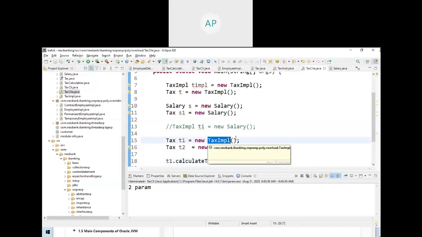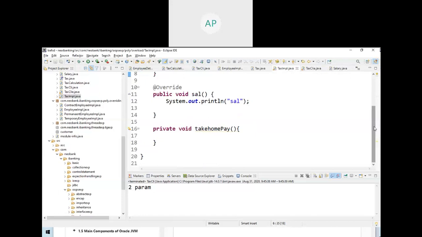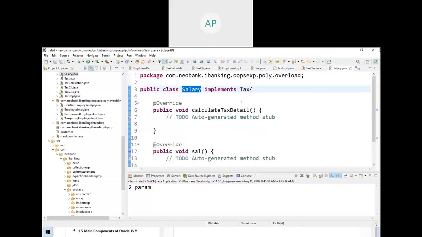Tax detail. This one points to TaxImpl, right? This one points to Salary. I'm calling this one, calculateTax, IMPL.